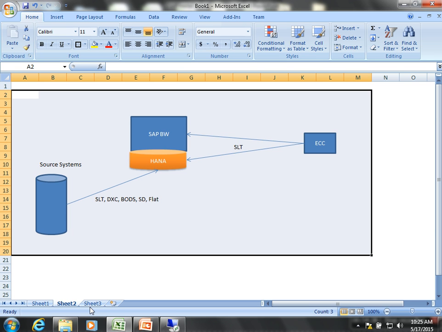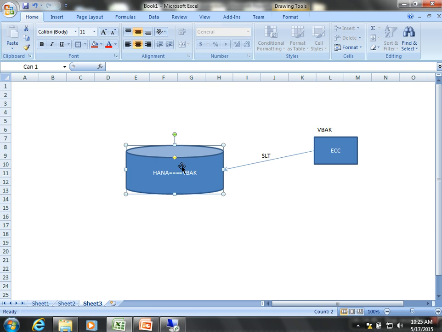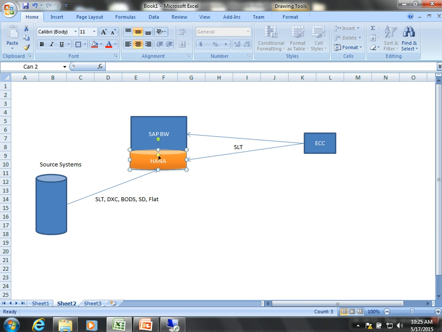If he is able to spend money for purchasing HANA, he would definitely have some data warehousing solution. Yes or no? If it is a non-SAP warehouse, he will be replacing that central database with HANA. If it is BW already, then they will just replace the backend database with HANA. So basically, it's a high return on investment, very fast. Otherwise, by the time they use HANA as the core database, you'll have BWA coming in with high performance again. So again, they would have to buy one more software.